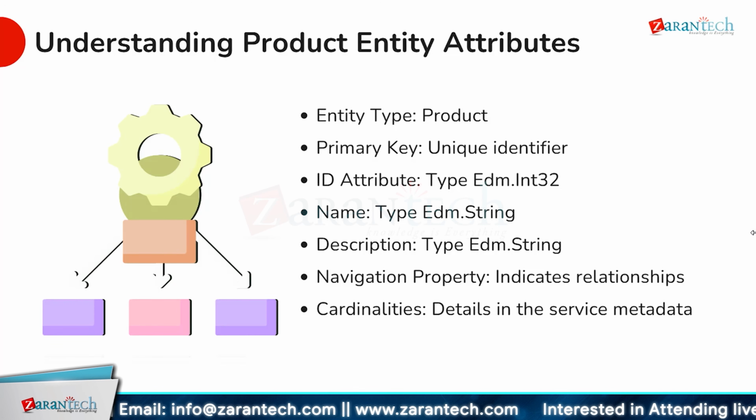The ID attribute, represented as edm.int32, holds a 32-bit integer value that identifies the product. For example, you might have a product with an ID of 101. The name attribute, categorized as edm.string, allows us to store the product's name in a text format, such as wireless headphones. Additionally, the description attribute, also of type edm.string, provides a detailed account of the product, helping customers understand its